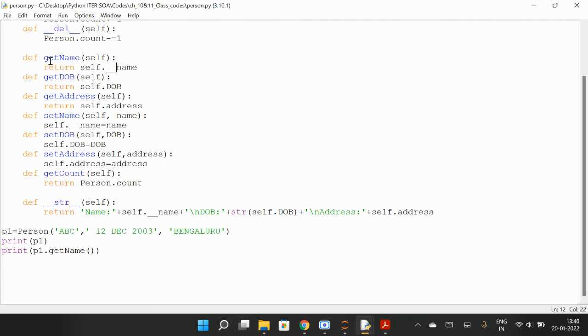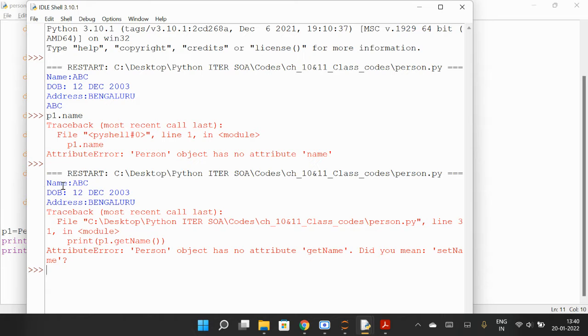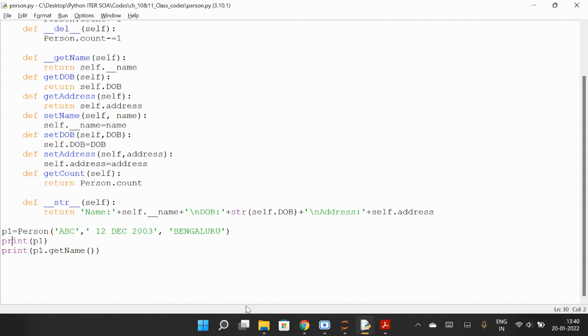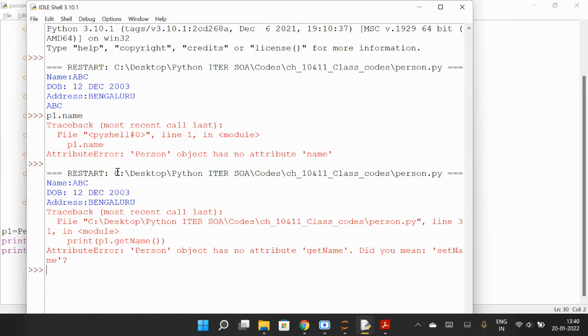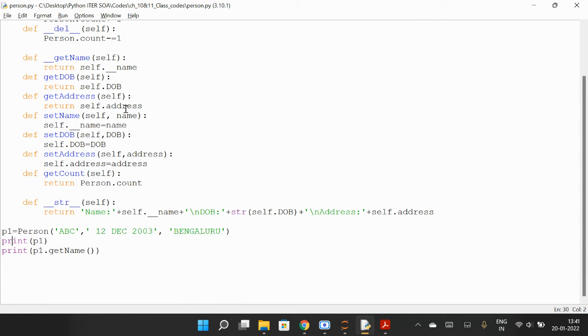So what do you want to make change here? I think Himanshu was asking। सर वो गेट नेम के पहले डबल अंडरस्कोर कर दीजिए। ठीक है। So if I run it, grid access, so it will give you the output due to that return thing, but when we access, अब तुम वैसे भी एक्सेस नहीं कर पाओगे। ओके। You can try this way also. सर वो यहाँ पे आप चेंज कर दीजिए।